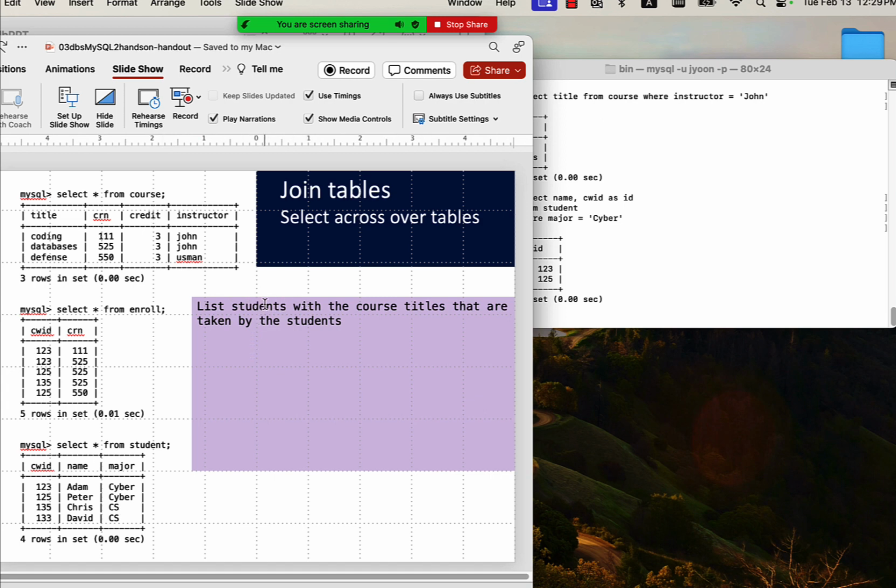See here, list student name and title. Title is in another table, like student name. They are not directly related, but if we include enroll, then they can be related indirectly. So looking at this to here, the courses that are taken by the students. We can say, for example, Adam, give me the title of the course